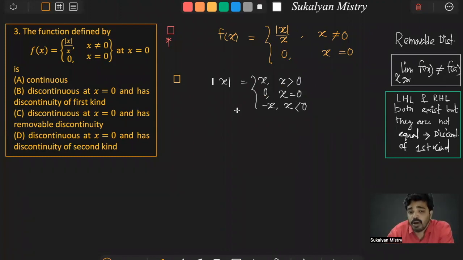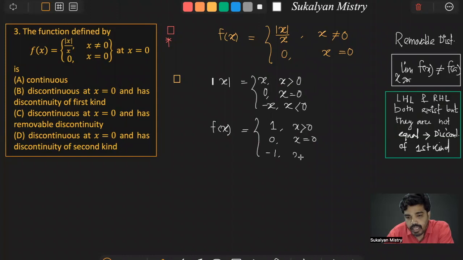Now look carefully at the function given. f(x) is given as modulus x divided by x. So modulus x by x will be 1, because modulus x is x when x is positive, so this is greater than 0, this will be 0 when x is equal to 0, and minus 1 when x is less than 0. Okay,